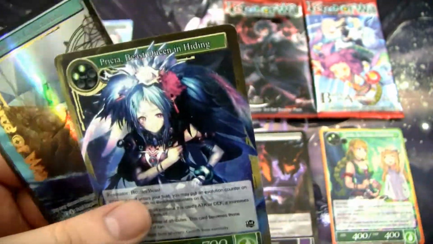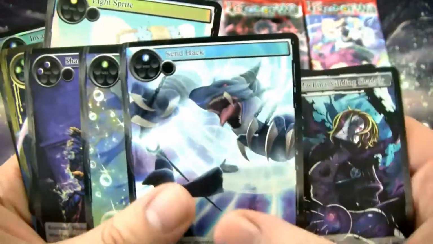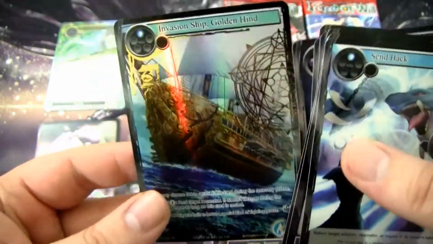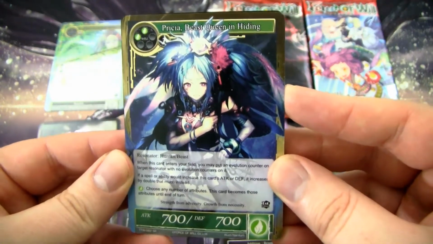Not just because it's a super rare, so let's go over the cards first. I don't think there's any huge playables. I do know Send Back did see some play at some point. And then this is a full art stamp, but I'm gonna go with Prisia. I'm gonna go with Prisia because she's a pretty powerful resonator, and she has a pretty cool ability that's